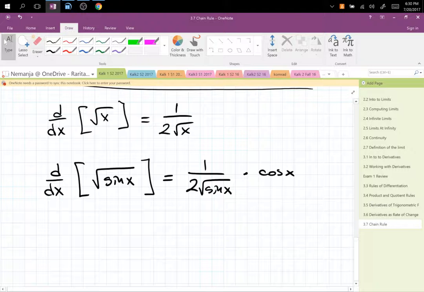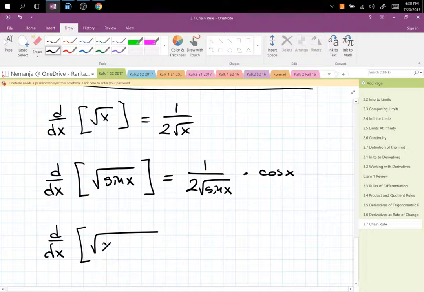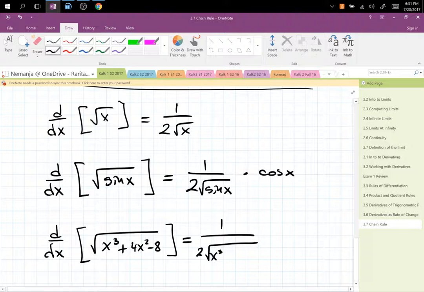I'll do one more example with the square root again. And then times